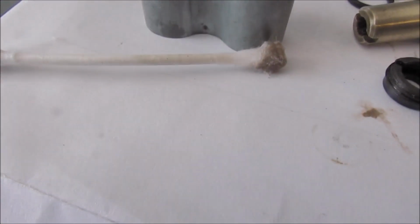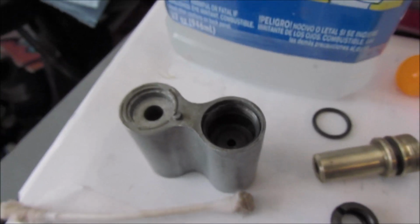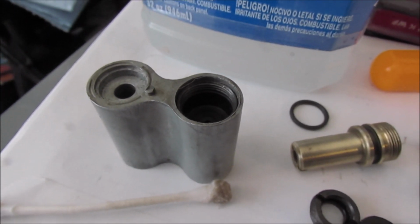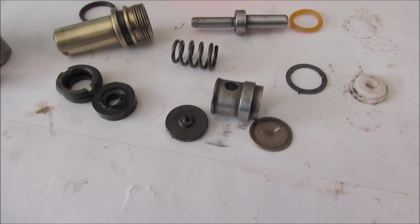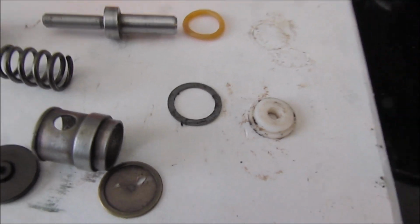Okay, that's what the Q-tip looks like after using some mineral spirits to clean that off in the CO2 side there. Piercing side, I don't know, whatever you want to call it. I'm going to have to use that one. And then that's not a seal, that's a washer on there, but